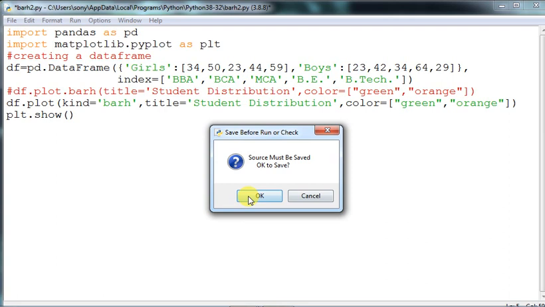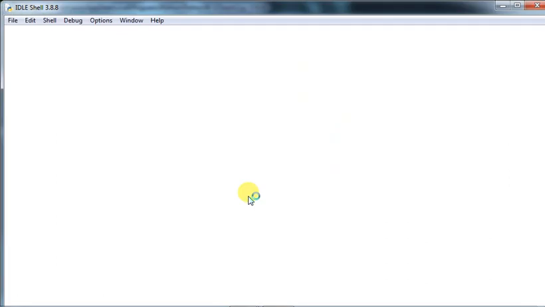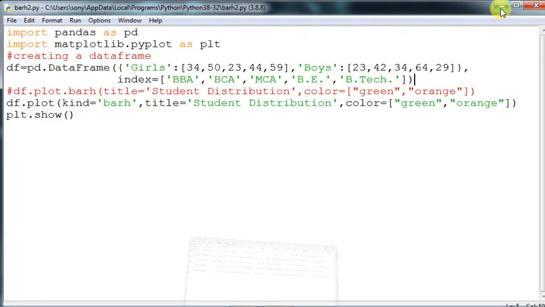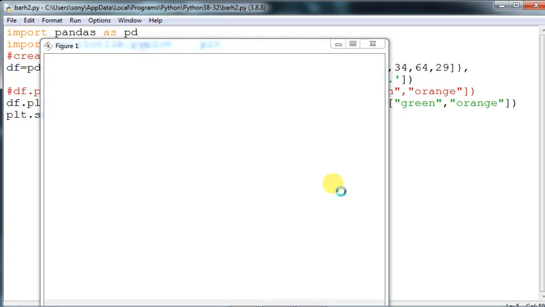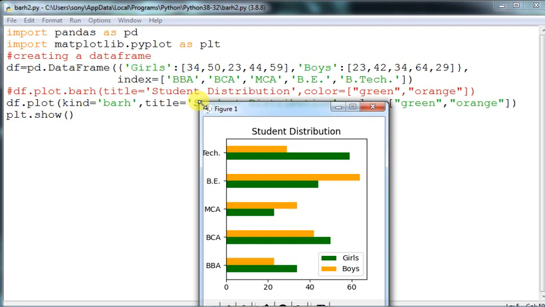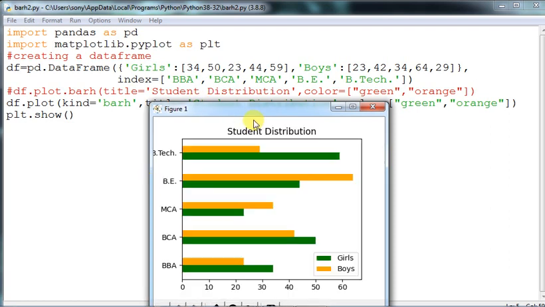Okay, as usual, remember F5 is the keyboard shortcut to execute a program in Python. Now you see how it appears on the screen. I'm just minimizing the execution screen, so the graph will appear over here. The graph has appeared, and the two graphs that have been drawn clearly give you a view of how many boys and how many girls there are.